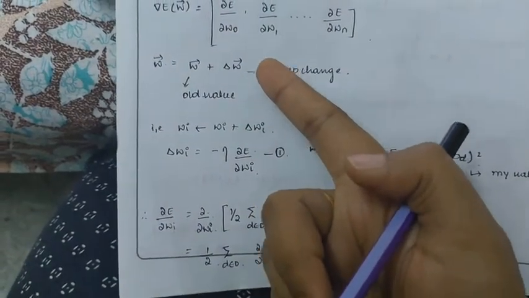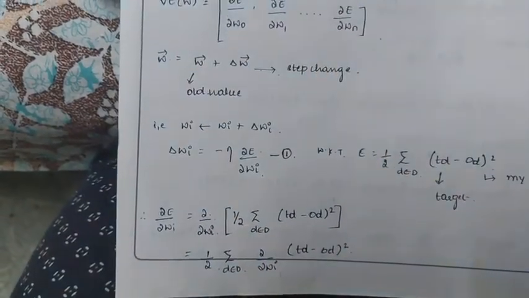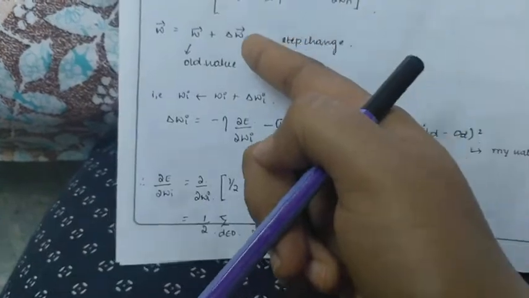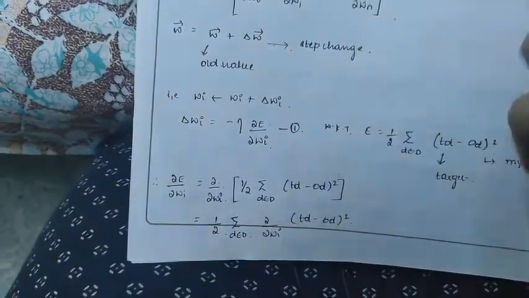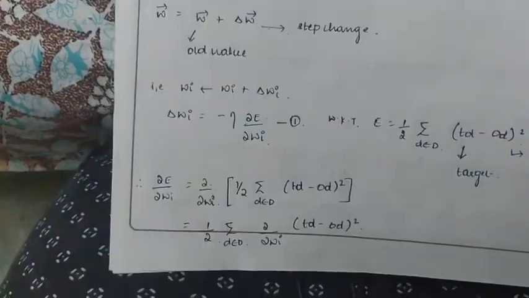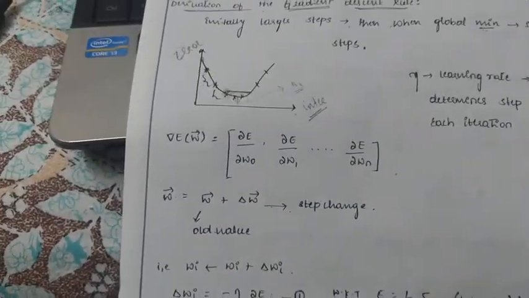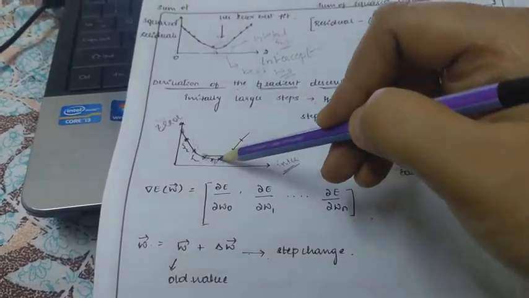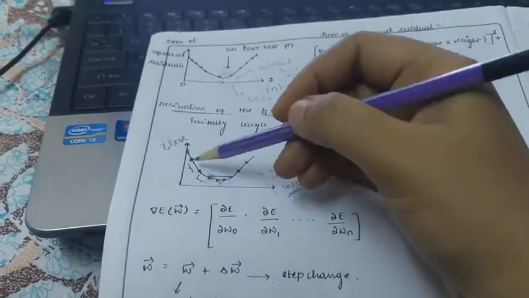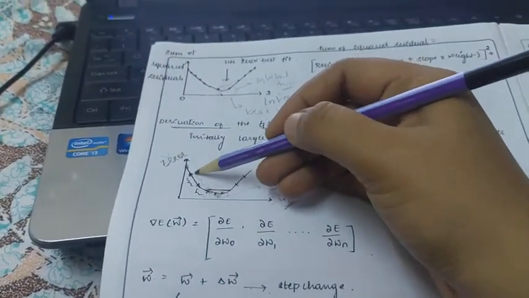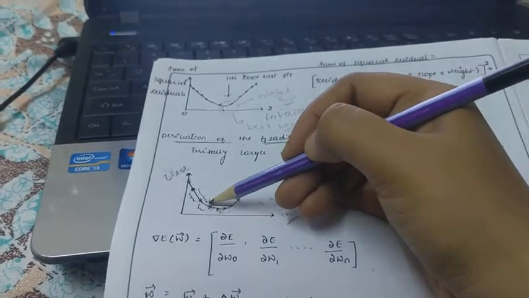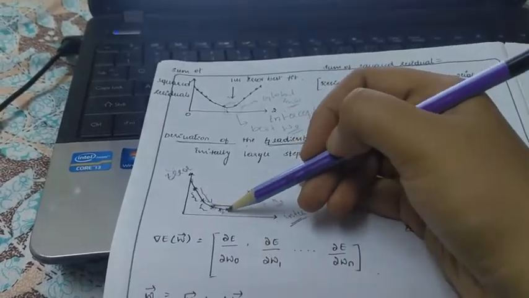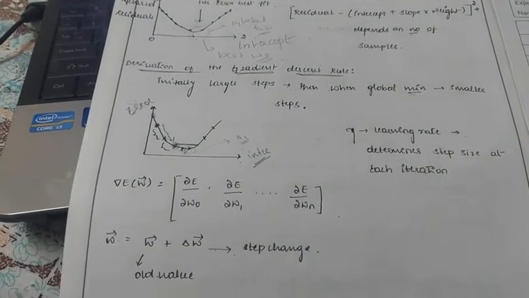Again we are going to find the error, and again find the output. If it is correct, then fine, or else again back propagate and update with a new value. How is the step change performed? As I told earlier, the step change is larger here, and when we are likely to minimize the error, here the error is more, here the error is more. Gradually, when we move towards the steepest descent, we are reducing the error. So at this point we have to take smaller steps.